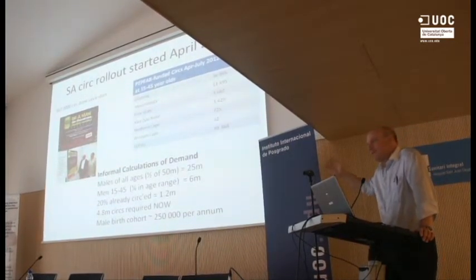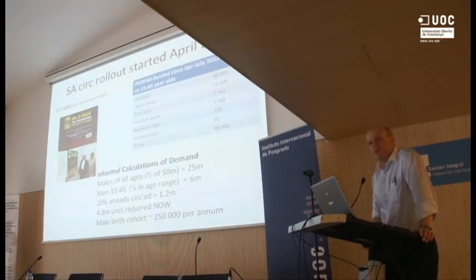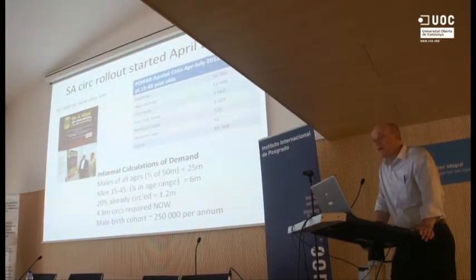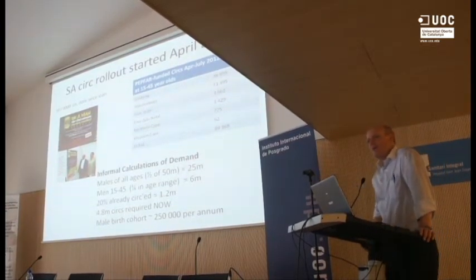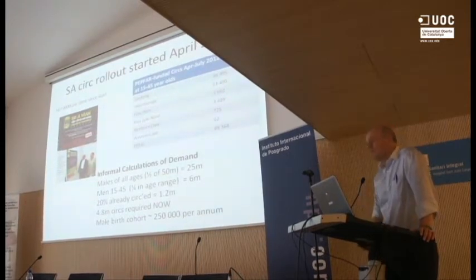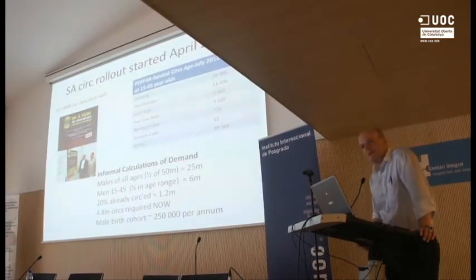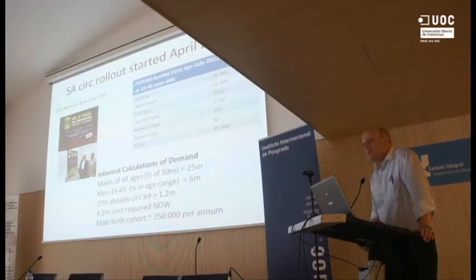So in South Africa, 3 provinces really don't have a circumcision program, even 2 years after we've started to roll this out. That's the first thing. The second thing is that if you do a back of the cigarette box calculation of how many circumcisions should be done, you can see that even though approximately 600,000 circumcisions is a big number, we are way behind what we should be doing if we try to protect men.